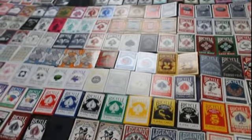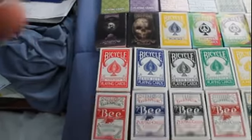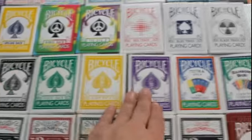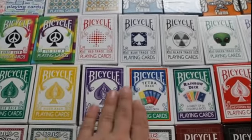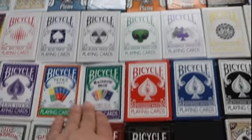Hello everyone, this is Trilby back again. I apologize, but I forgot some decks, a whole row of decks. Magic Makers decks. The red deck, these are the ones that have the matching faces, like the red face and the blue face. So the red deck, the blue ice, the black, the green, the purple, and the purple haze, whatever they refer to it as, is the Tetra deck, the rainbow deck, and then the reverse decks,